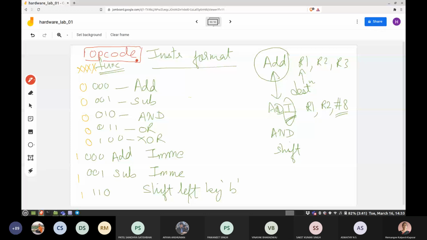Then are the two sources. So the instruction, let me take one more sheet.